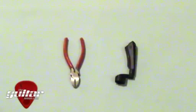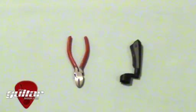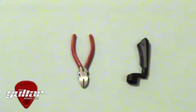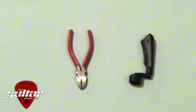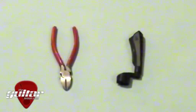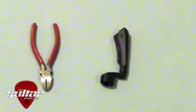Okay, first I want to show you the tools that I'll be using to change the strings. I have a pair of wire cutters which you'll be needing, since you don't really want to be using nail cutting scissors, that just won't do it. And I also have a pair of winders. You don't really need that actually, I just use it because I'm lazy, I don't want to wind the pegs